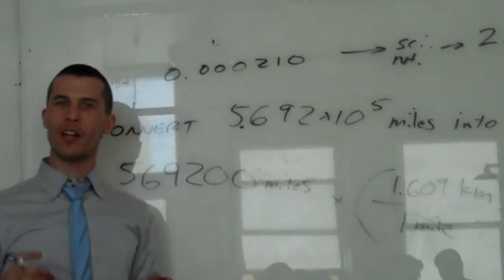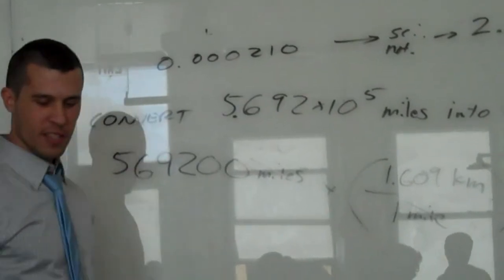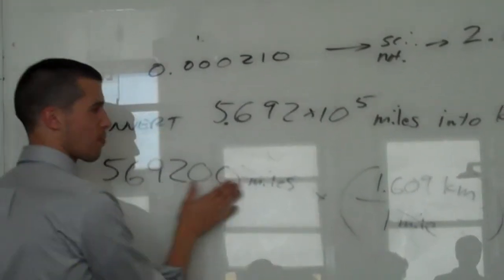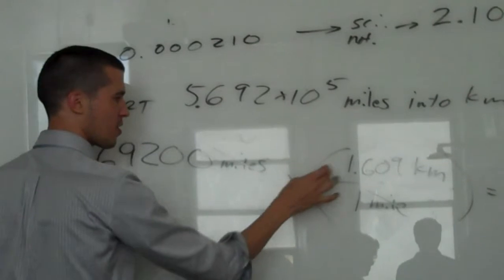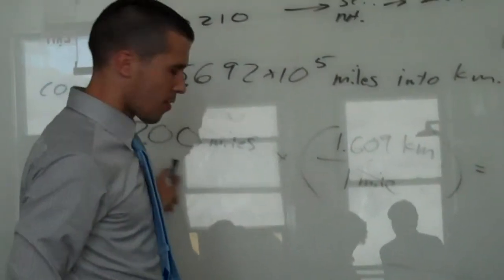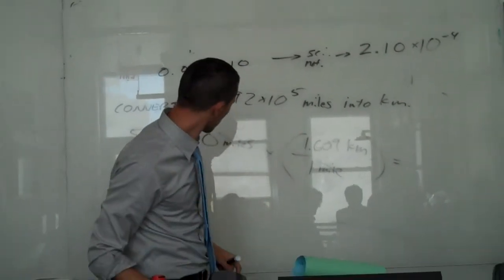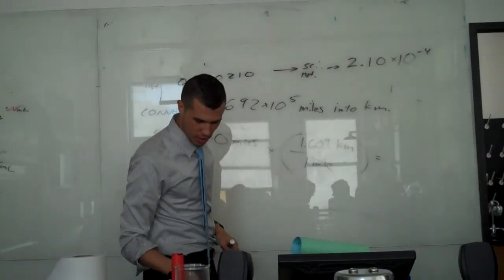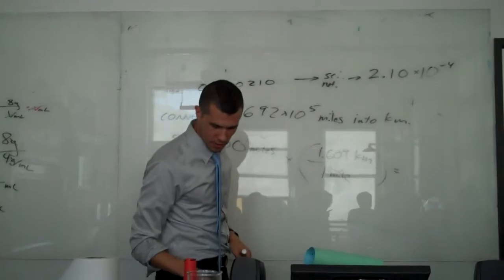Now, what if we wanted to do the exact same thing, except instead of... okay, we can actually, you guys want to find the answer to this? I'm getting ahead of myself. Let's find the answer to this. This is 569,200 times 1.609. So the answer is